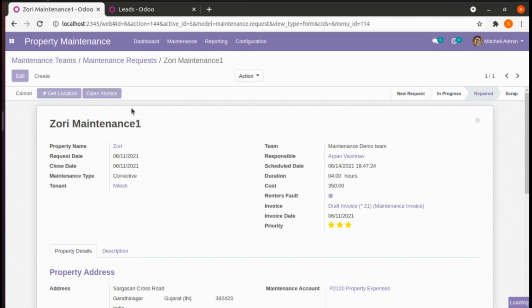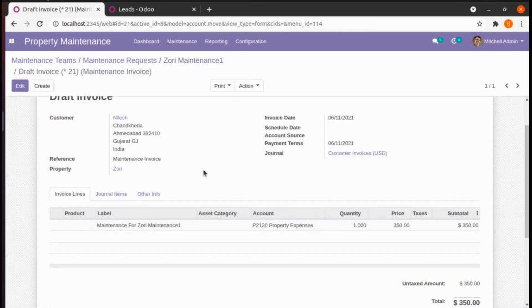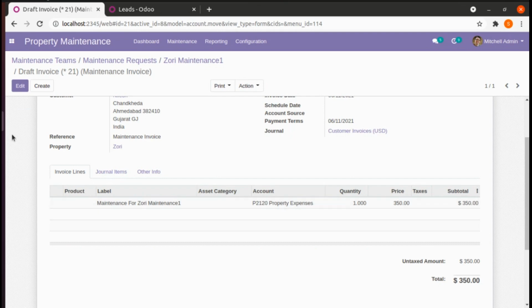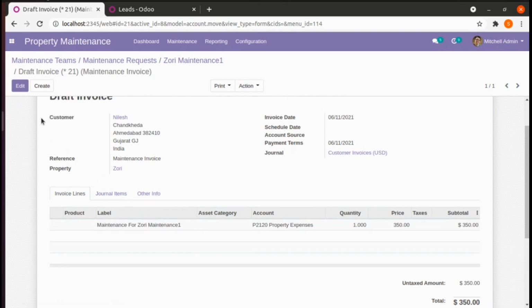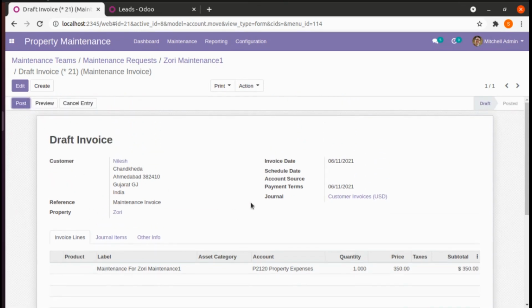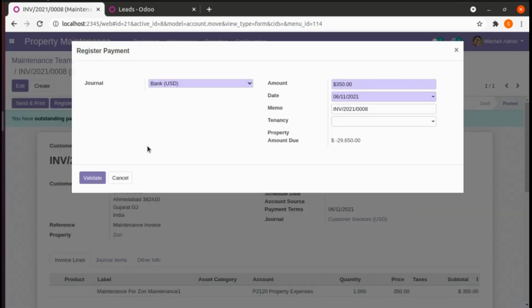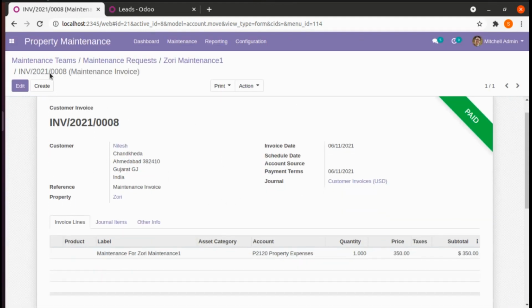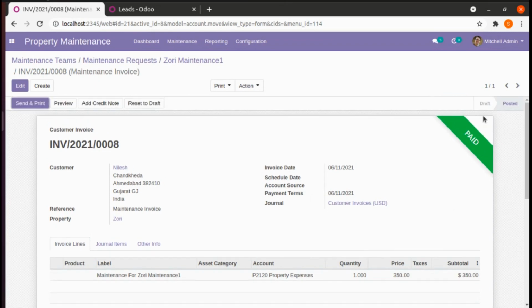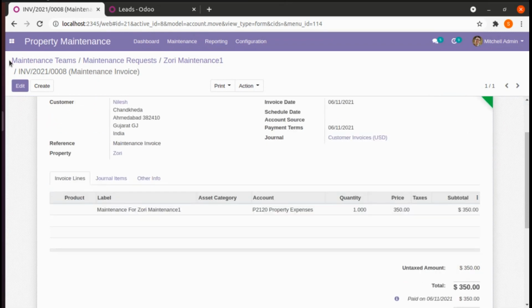We need to open that invoice, and we will be shown this 350 rupees invoice in our maintenance invoice. Once we post that and register its payment, it will be shown in our account details, and its state will be changed to posted.